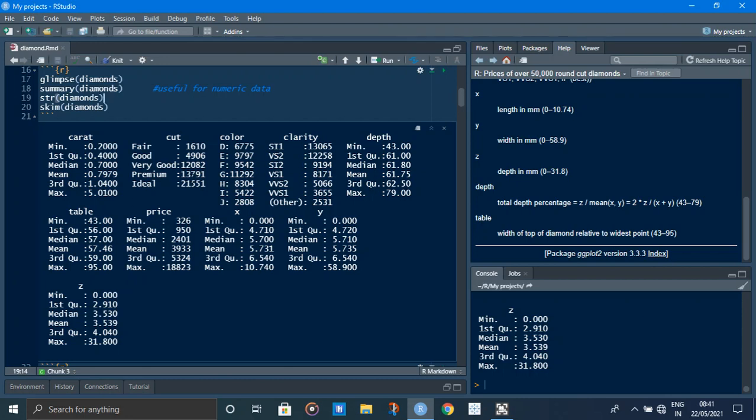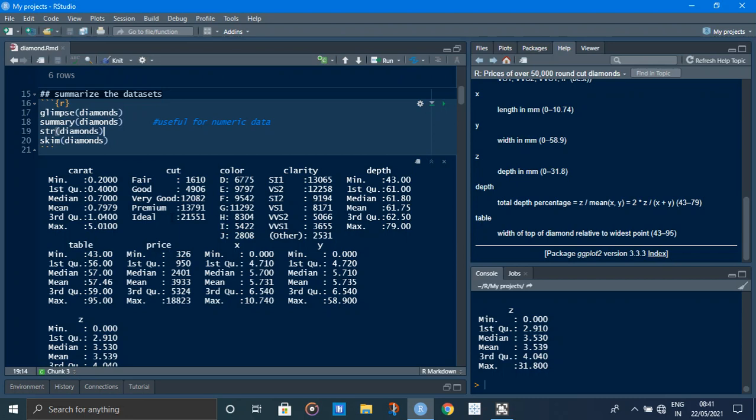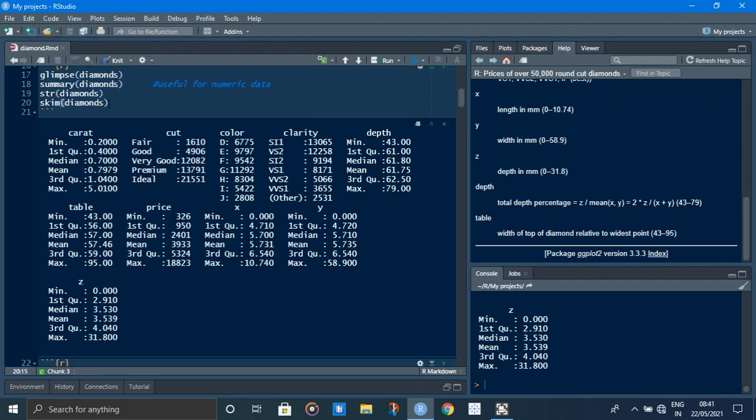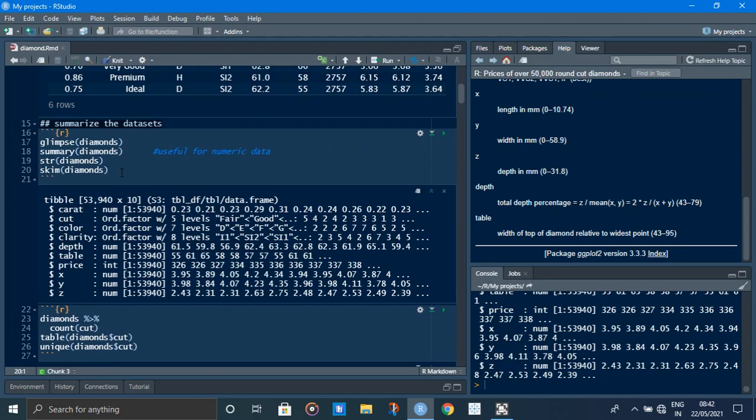Fair quality diamonds number 1610. Here str is also for summarizing data. Control Enter, it shows rows by columns, 53,940 by 10 columns, and here are the variables available in the diamonds dataset.